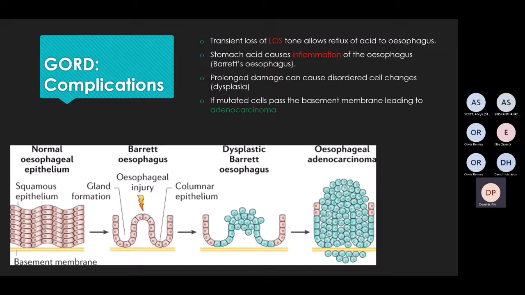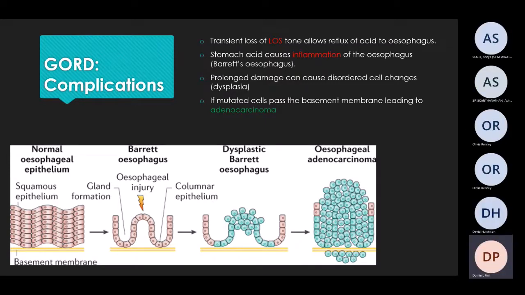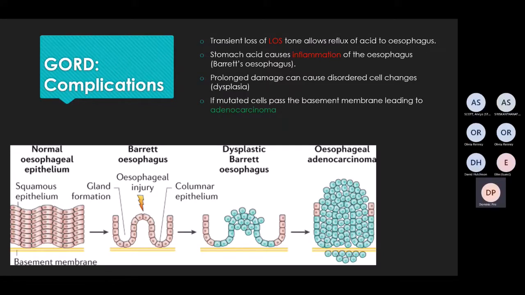The complications of GORD, on the right here, you see you get a transient loss of lower esophageal sphincter tone, which is allowing the acid to affect the esophagus. The stomach acid then causes inflammation of the esophagus, which is referred to as Barrett's esophagus, which, if you go back to the first slide, you can see there's this pinky color in the esophagus, which is the irritation of the normal, nice, smooth squamous epithelium